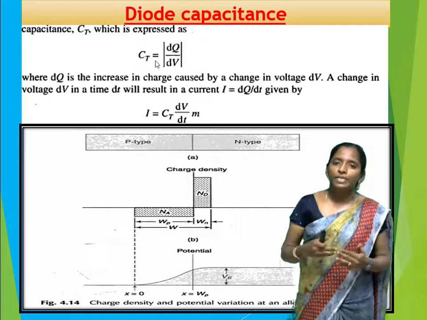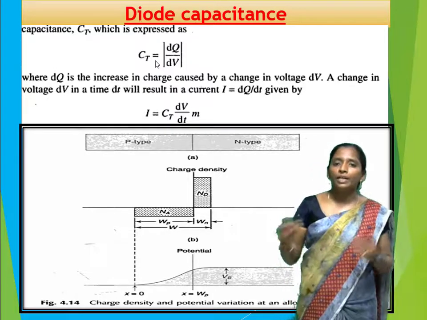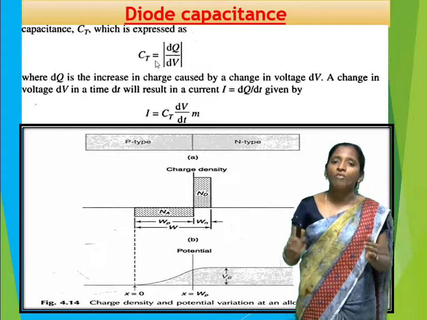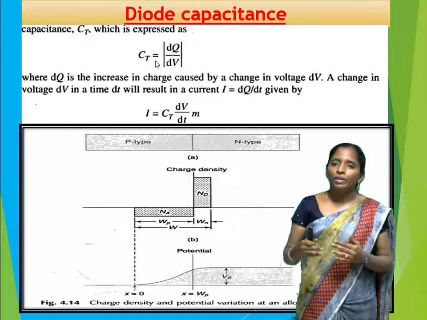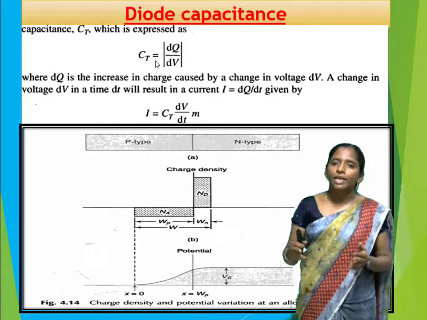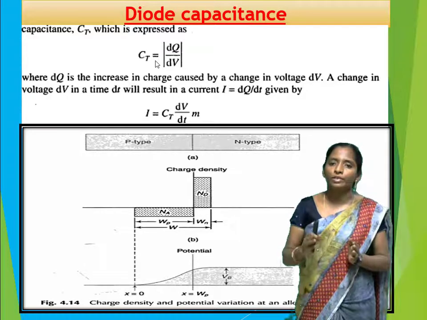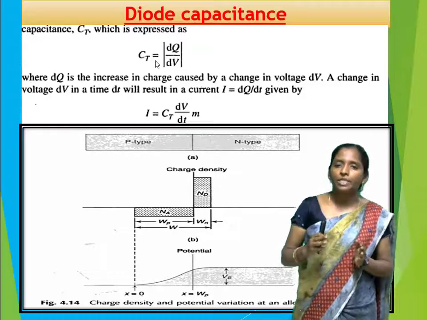So the space charge region is also known as the insulator. The P type and N type materials are said to be conductors. So it offers a capacitance property. Here the PN junction diode under no bias condition acts as a capacitor. It has two conductors on the outside and one insulator between them. So it offers a capacitance value.